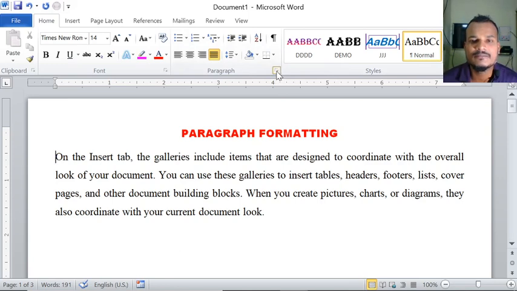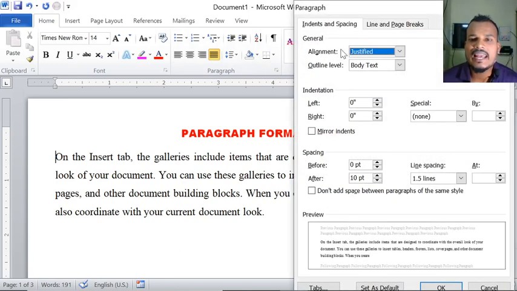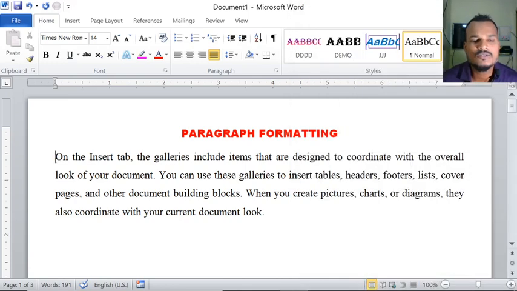Indentation is nothing but, see here, in alignment what happened is we are moving the text from left to right, right to center, center to right again, again left. But here my requirement is, I don't want this paragraph at center. I want to start from here. It is now at 0 position.